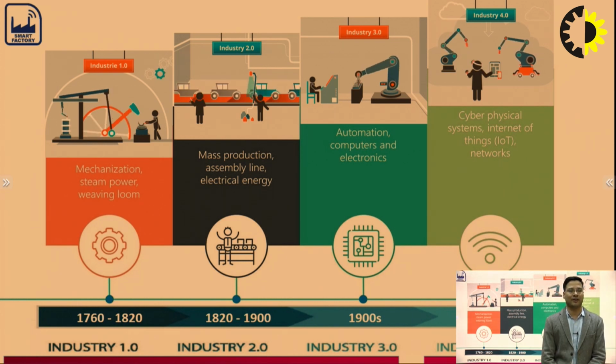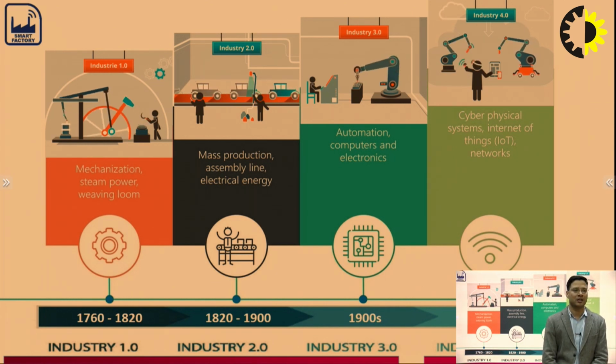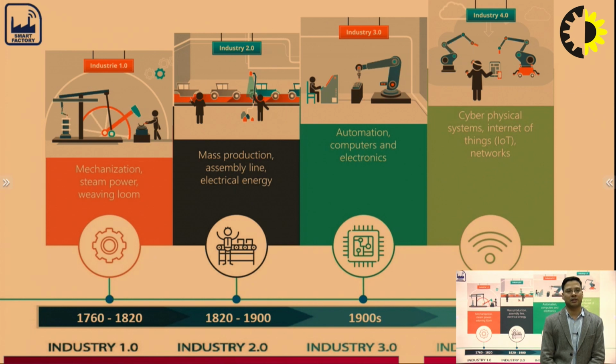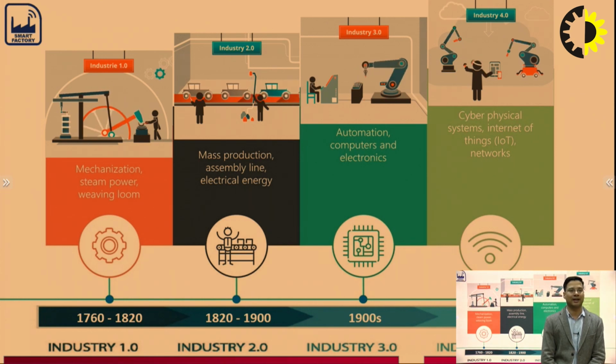With the use of electrical energy, with the use of electrical motors, we developed assembly lines. These assembly lines then led to mass production, where more operations were performed on a single line of operation, on a single line of industries. This particular era was termed industry 2.0, which was somewhere in the 18th century extending to the 19th century.